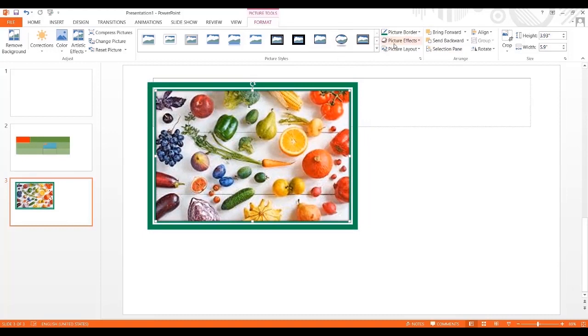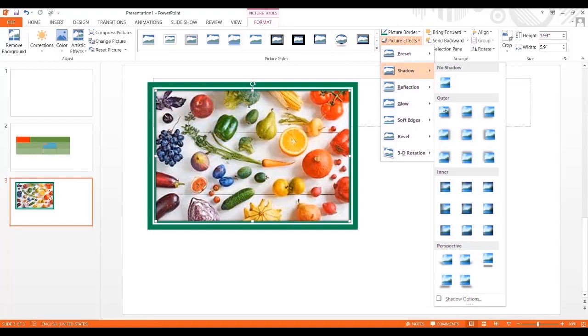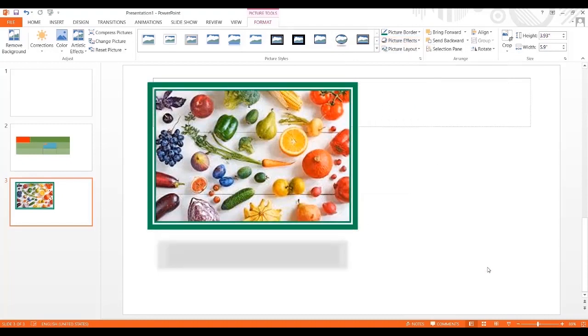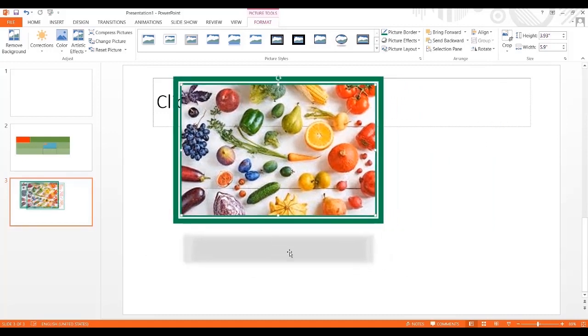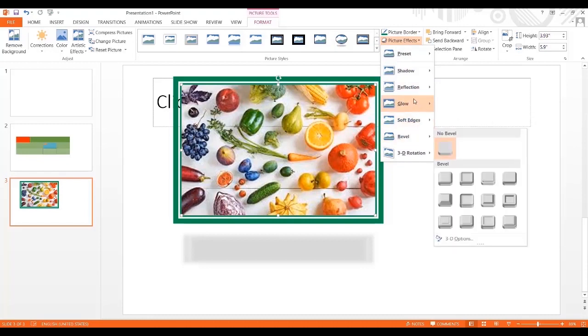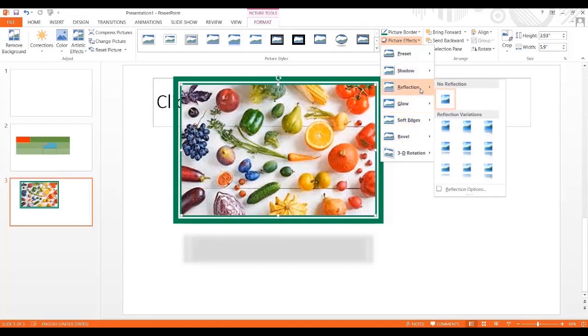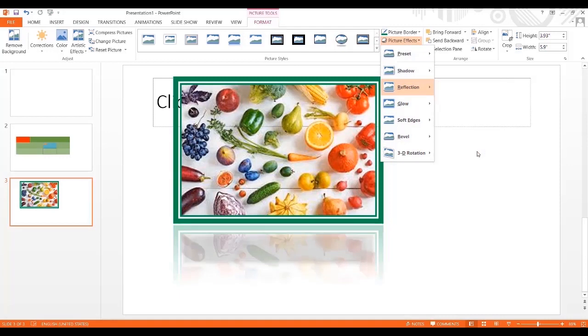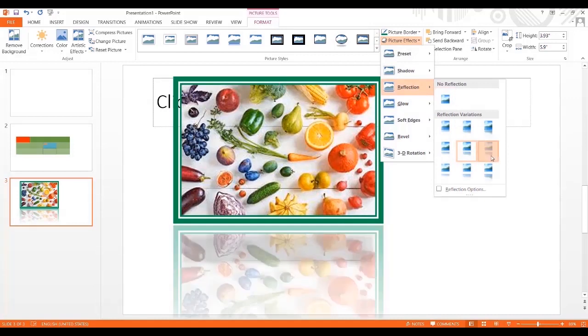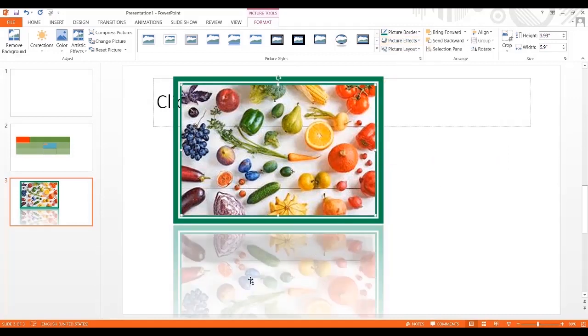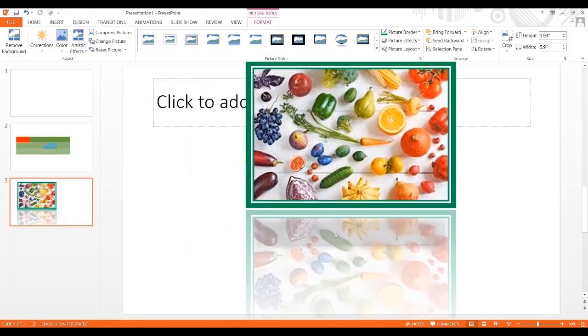Other things we can do, picture effect. In picture effect we can add a shadow to the picture. So here you can see I have added the shadow to the picture. Wherever I take the picture, the shadow will go along with it. In the picture effect, other things we can do are glow and soft edges, but the important one is reflection. So when we go to the reflection, you can see when I select it, we are having a reflection